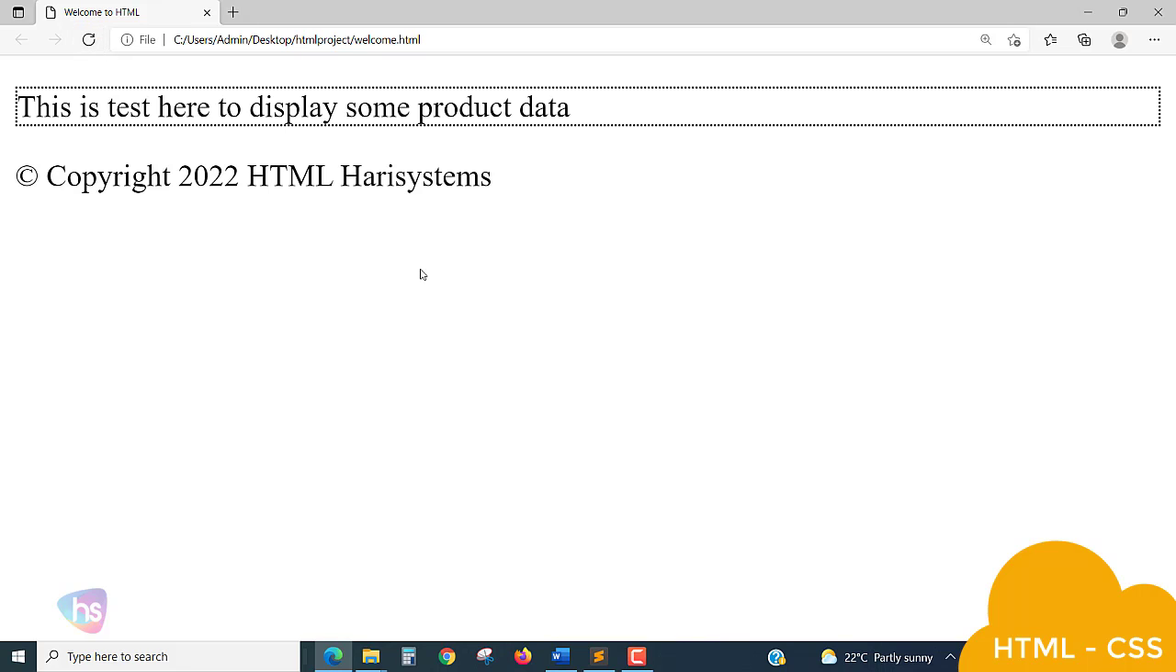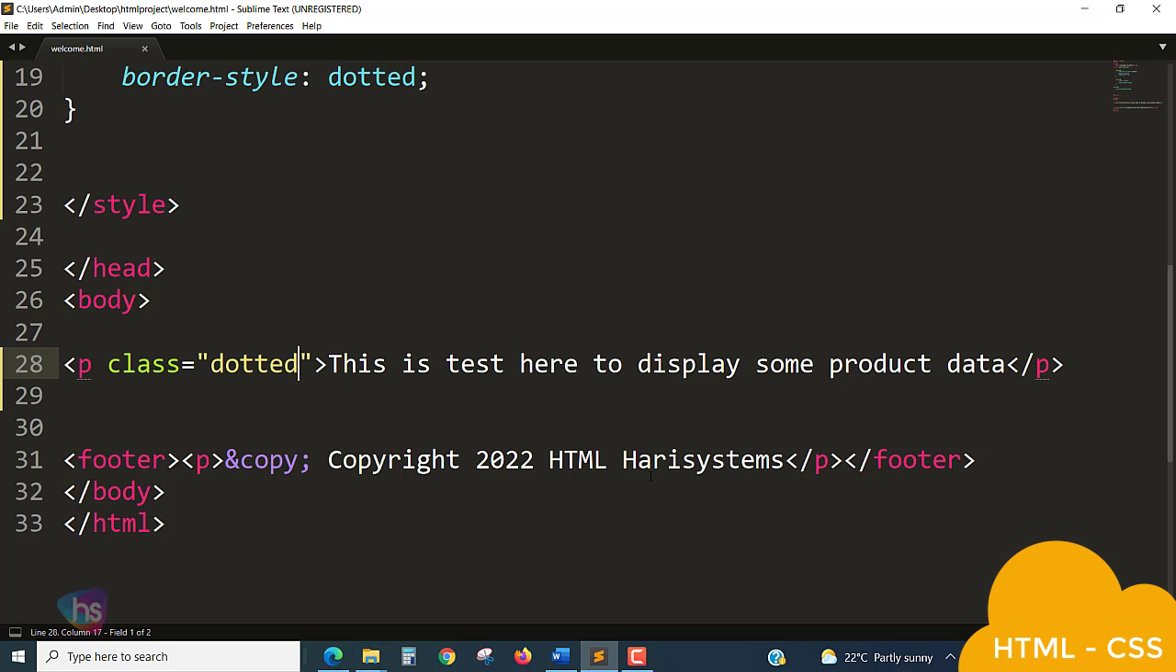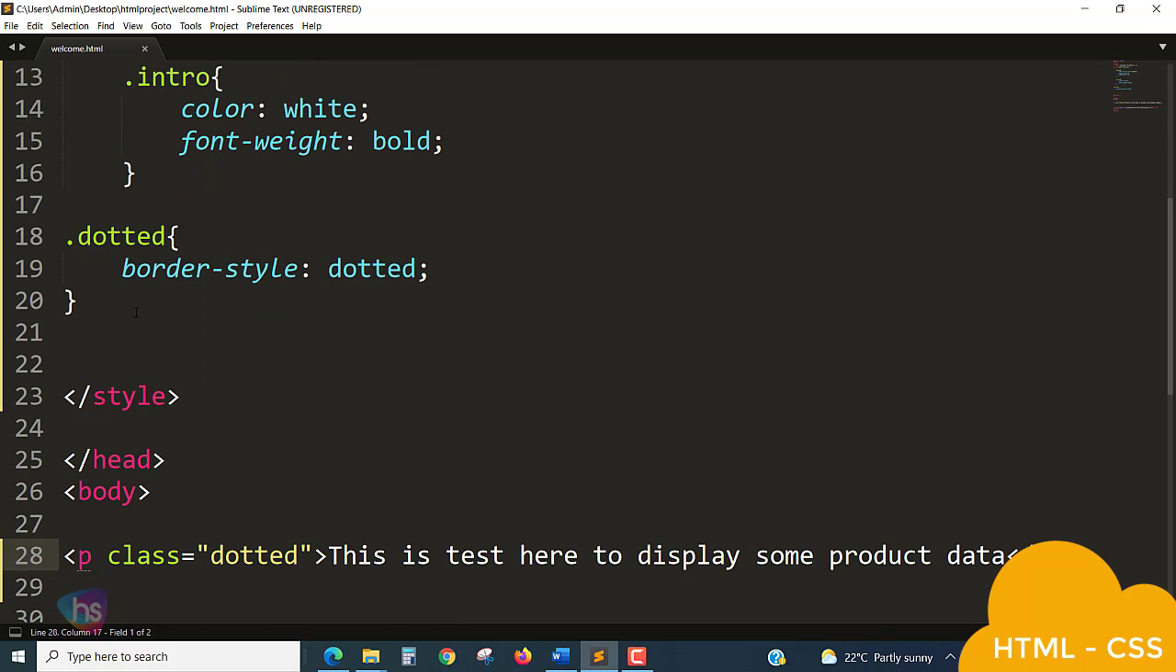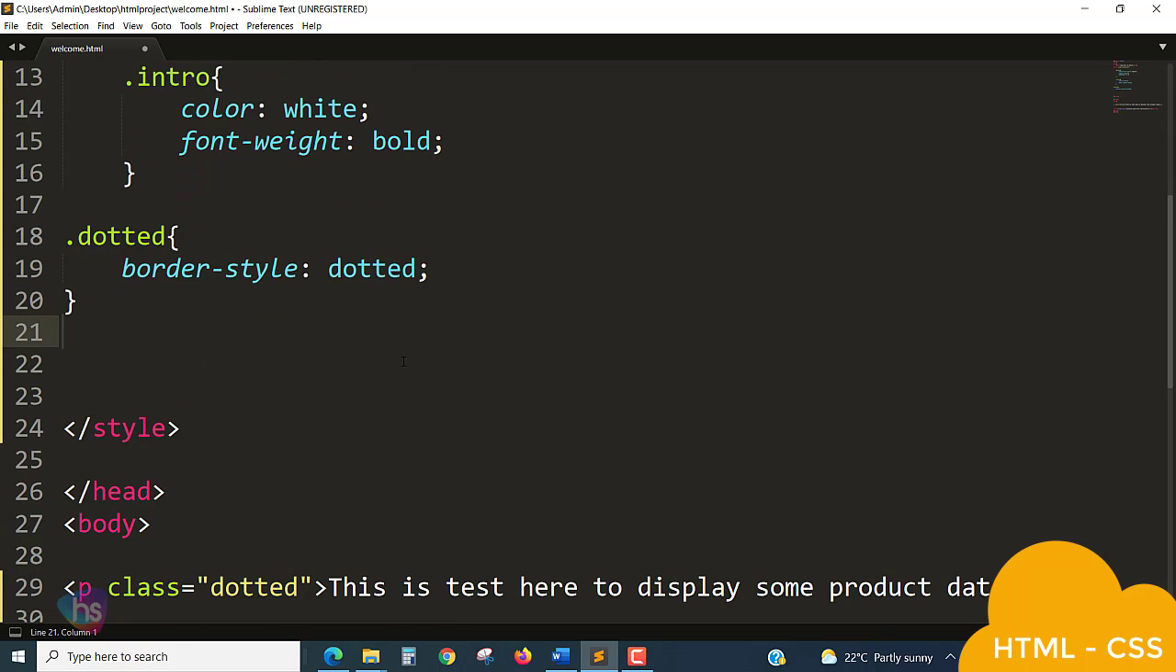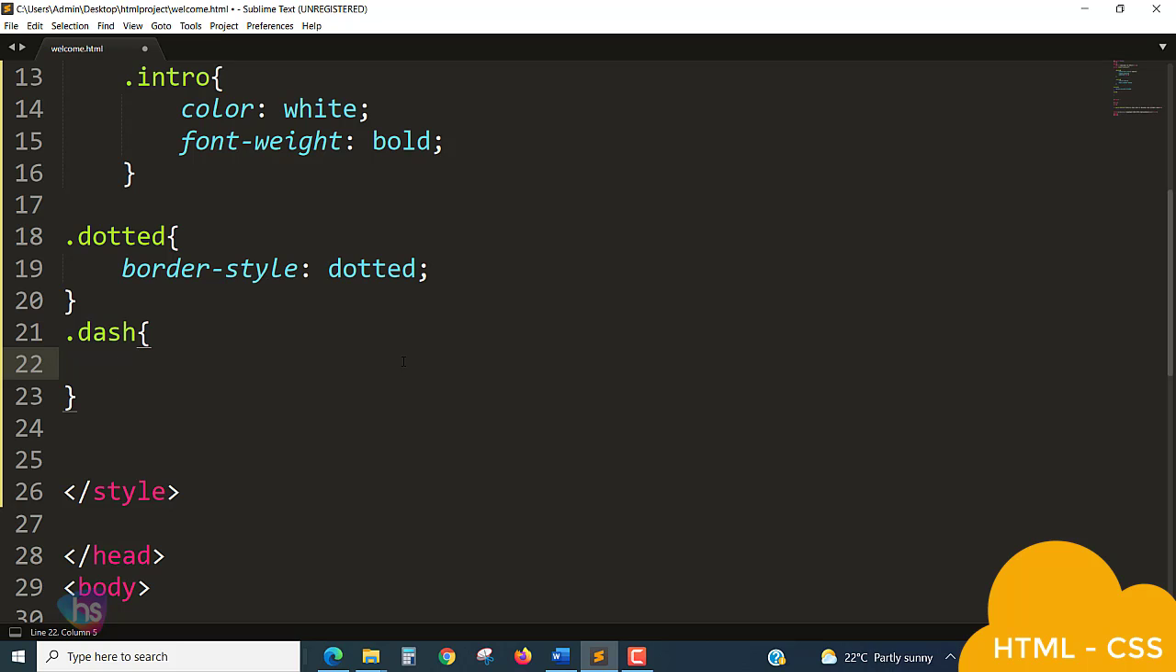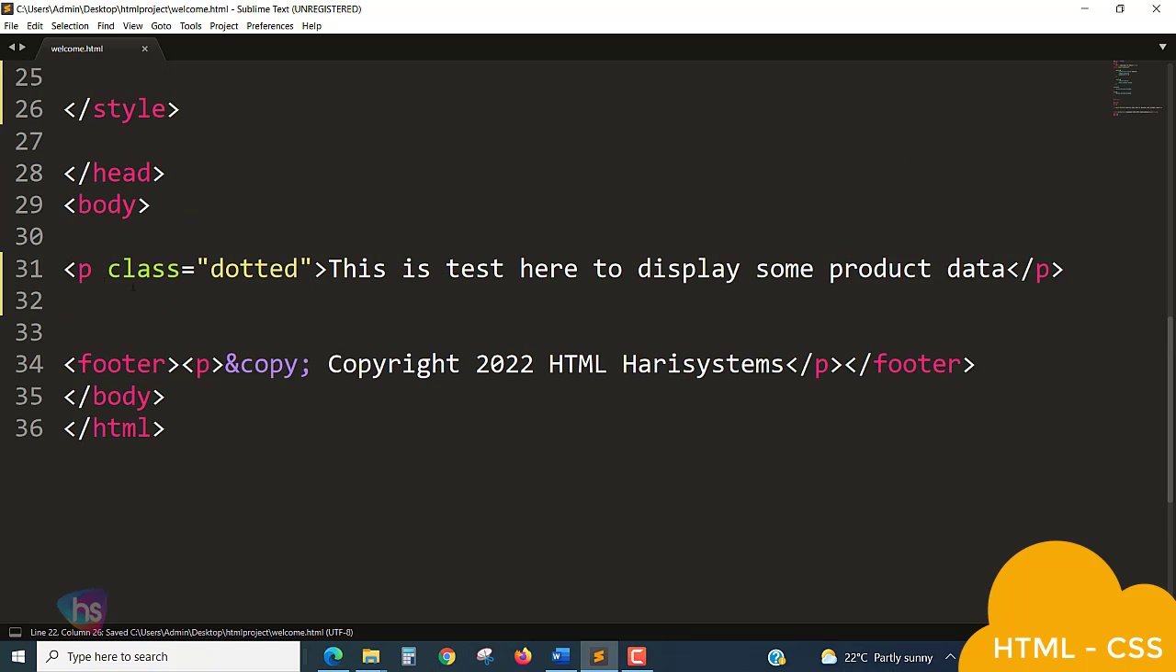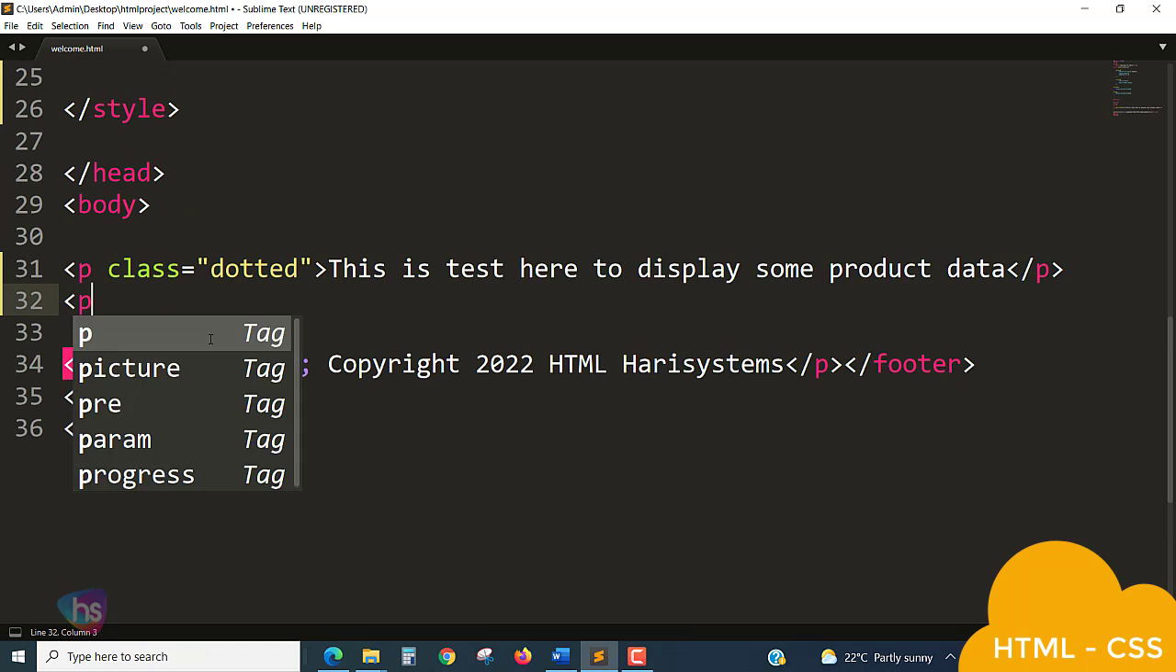Wow, I'm getting a complete dotted border. How simple it is. If I want to create more properties, I'll show you one by one. Another one is dash: open and end brace, border style dashed. When I apply dash to the paragraph,